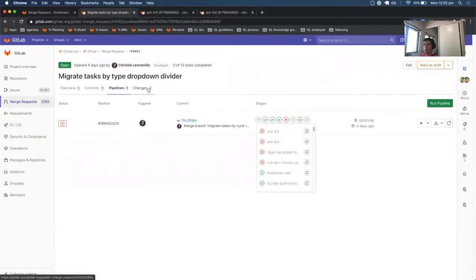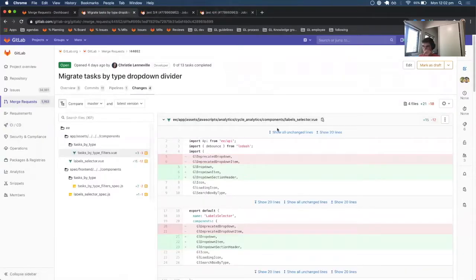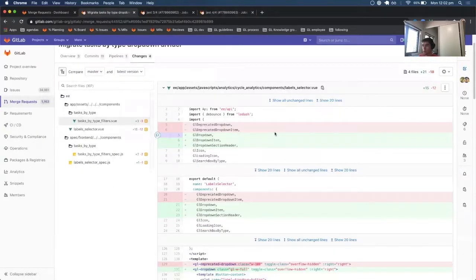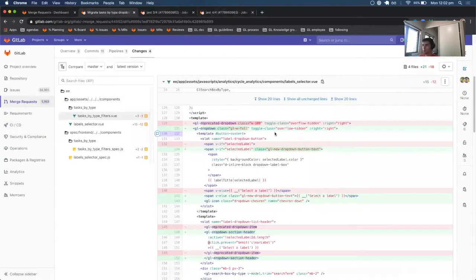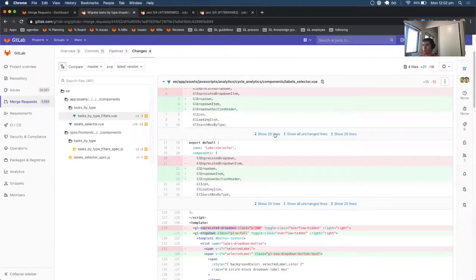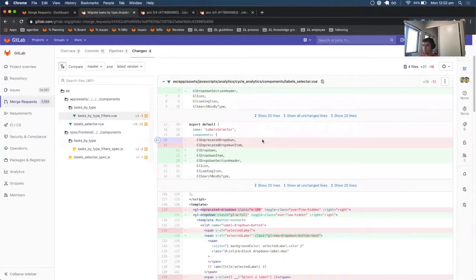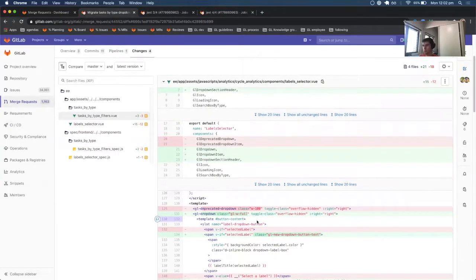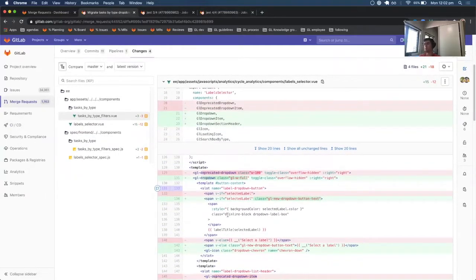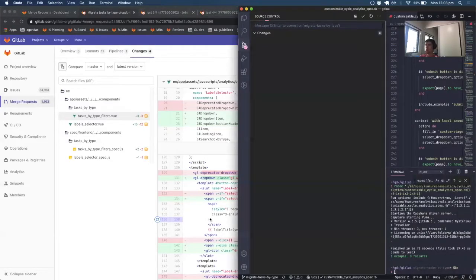So first, I've already had a look at the changes in this MR, and they all look really good. But the thing that kind of sticks out to me is that we're changing the actual template of this component, which means that because we've got some failing tests, there's probably some areas of the test that need to be updated for these changes that have happened to the template. So I'll go ahead and open up VS Code,